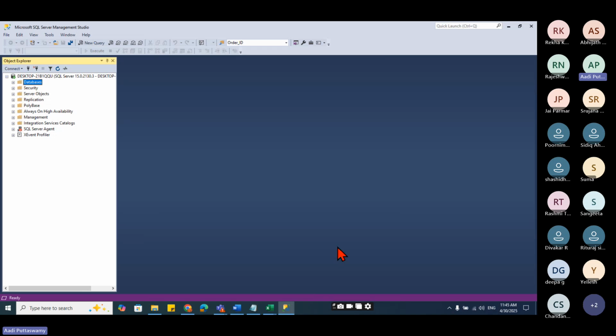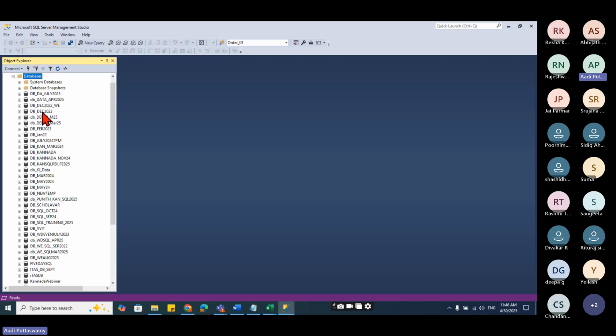What I'll do is I will try to store the data inside this database. Now, how to check that? Let me refresh. I'll go here. Can you see this? A database is created. Okay, there are so many databases, don't worry. So I created one database. Now, what I'll do, I'll try to import the data to this database.